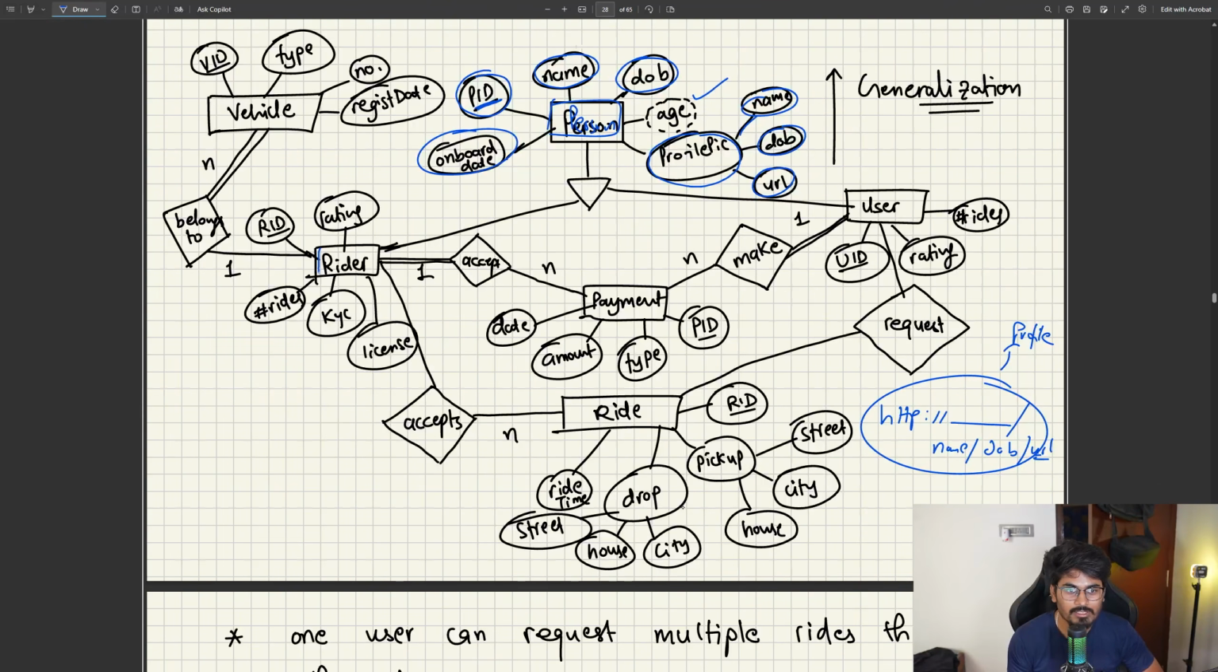Person. Now rider is also a person. You will make a rider. Now rider has rating specific to the rider, right? Rider has ride ID. Rider has number of rides completed, rider has KYC completed or not, the data type will be boolean, rider has license. Now the next entity I'll make is user, user has user ID, user has rating, user has